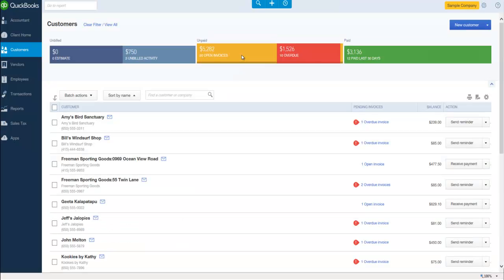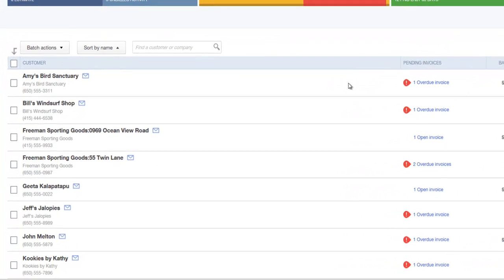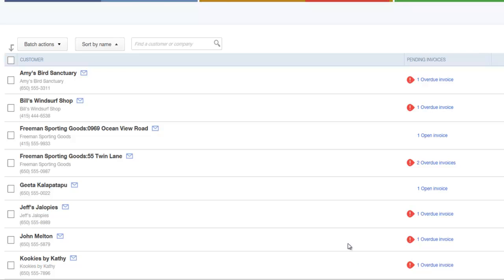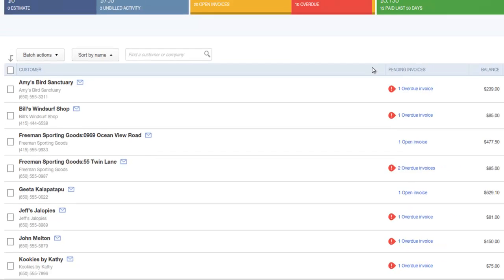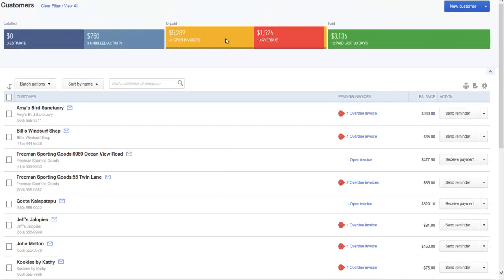So you see now that we've clicked on the open invoices bar up here in the money bars. We're still in the customers window, but the list has changed slightly down here. So now instead of all of our customers, we have customers who only have open invoices. A lot of these are overdue, unfortunately, but this has been sorted because we clicked on this portion of the